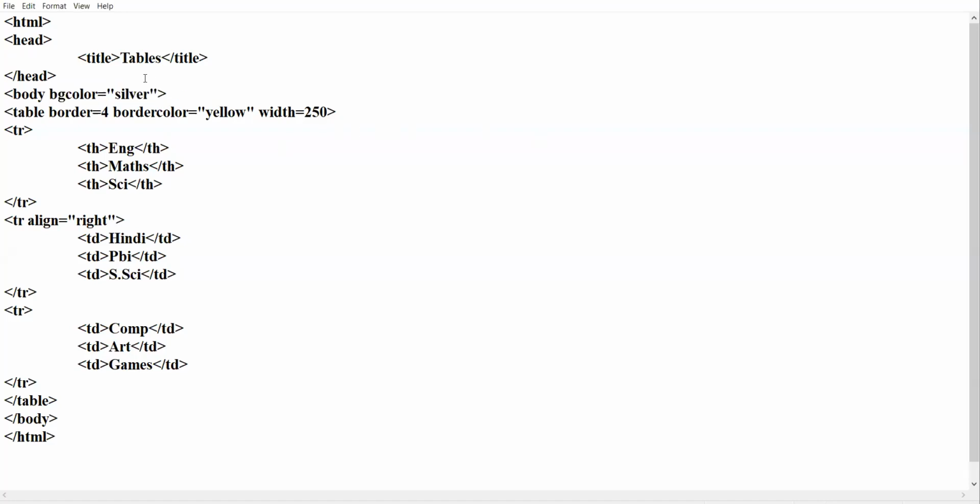Okay. If BG color attribute inside the body tag displays the color in the background of the whole web page, if I give BG color inside the table tag, it will give the background color of the table.